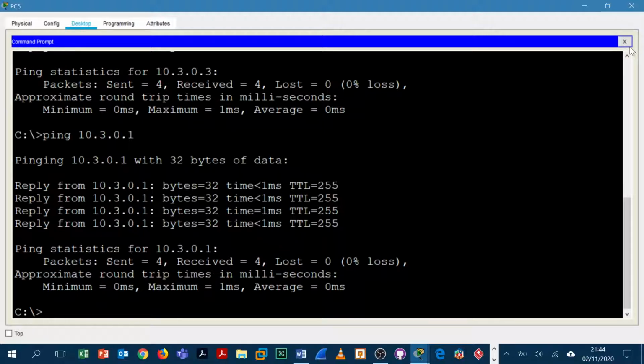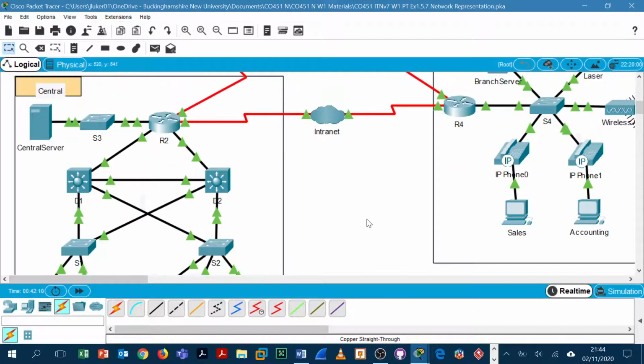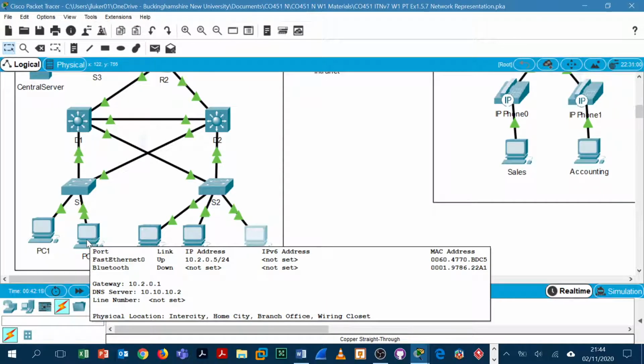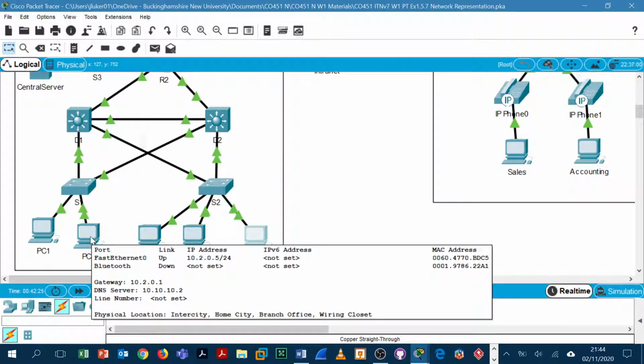I don't know about the configuration of this network too much, but we'll just minimize that down. Let's have a look at the network. I could now try also pinging maybe a device on a different network. So for example, PC2 over here, if I hover over it, it tells me that this PC's IP address is